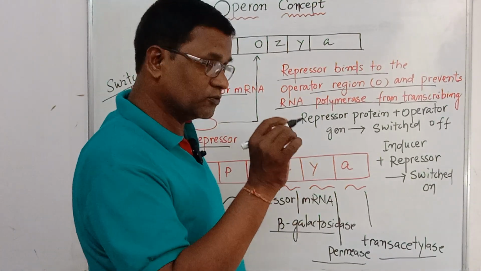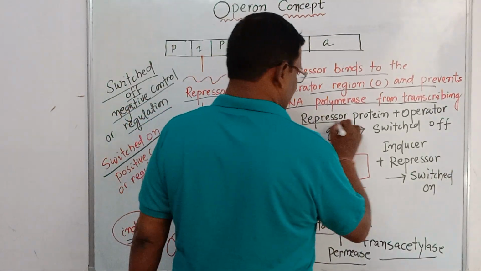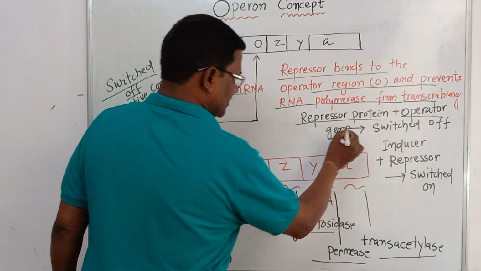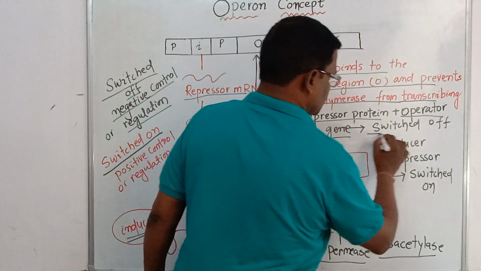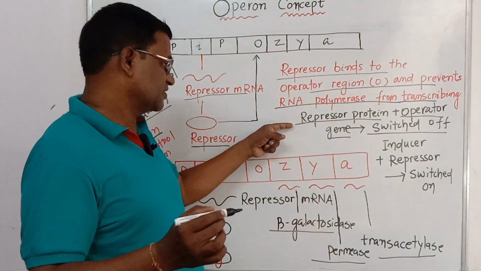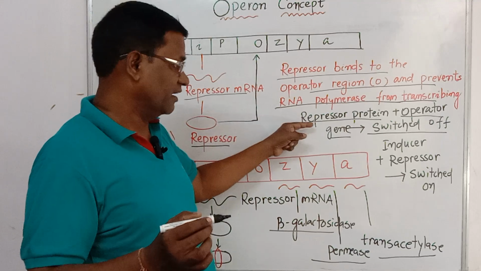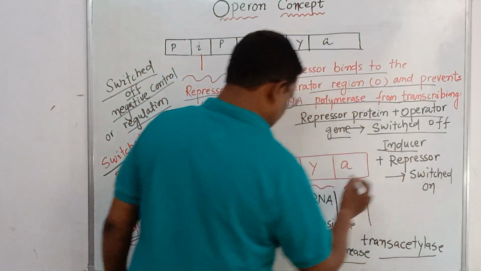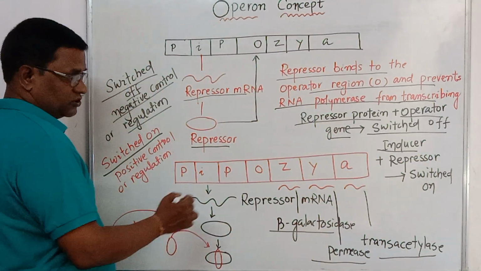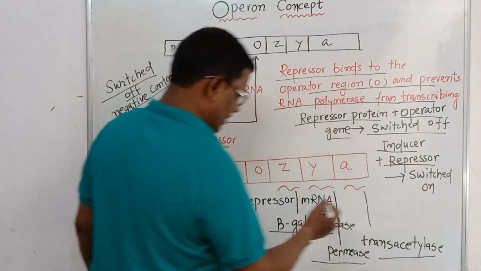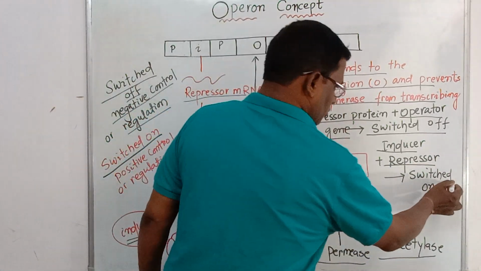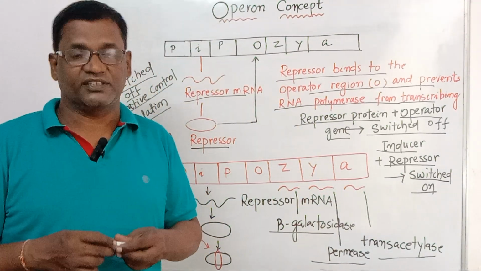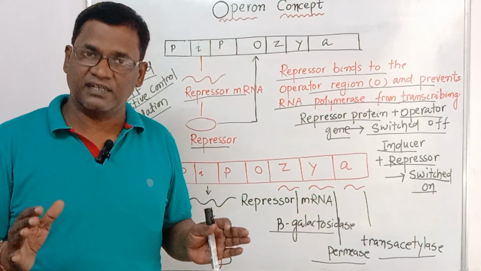तो इसको एक सिंपल इक्वेशन में we can try to understand. रिप्रेसर प्रोटीन मींस this protein combines with the operator gene, it will switch off. स्विच्ड ऑफ का कंडीशन क्या है कि रिप्रेसर प्रोटीन के साथ जब ऑपरेटर जीन मिलेगा तो स्विच ऑफ हो जाएगा, तो तीनों में कोई एंजाइम सीक्रेट नहीं होगा. सेकंड कंडीशन क्या है, इंड्यूसर. कौन सा इंड्यूसर है भाई, इंड्यूसर हमारा लैक्टोज है. उसके बाद जो रिप्रेसर है वो कहाँ है, रिप्रेसर प्रोटीन को बांध दिया तो वो स्विच ऑन हो गया. इसका मतलब क्या है, जो तीनों एंजाइम है अपना अपना काम करना शुरू कर दिए.